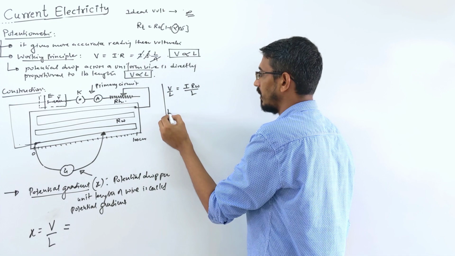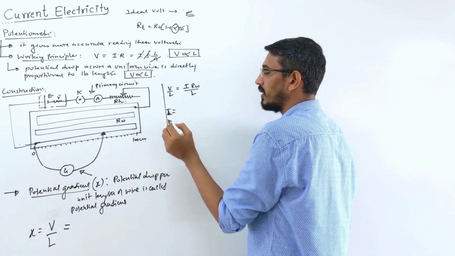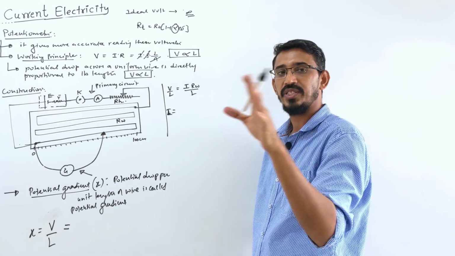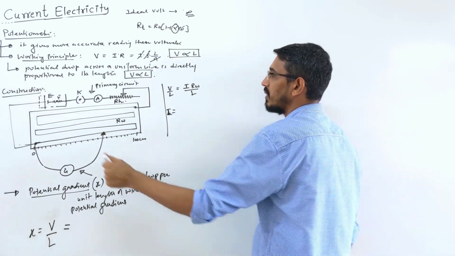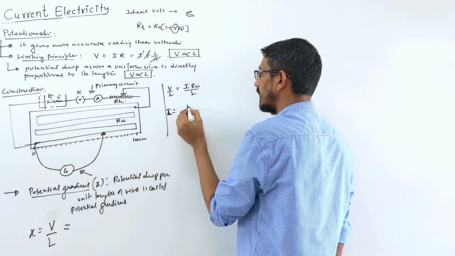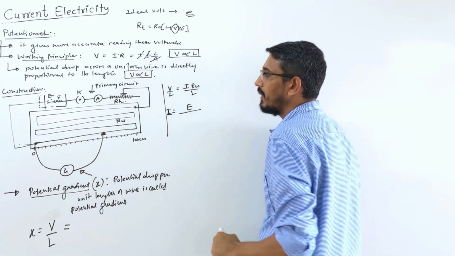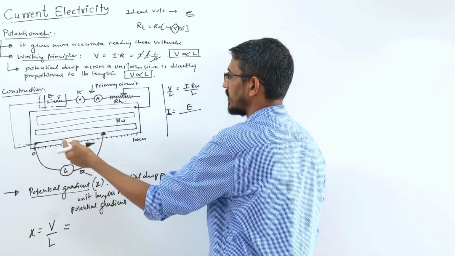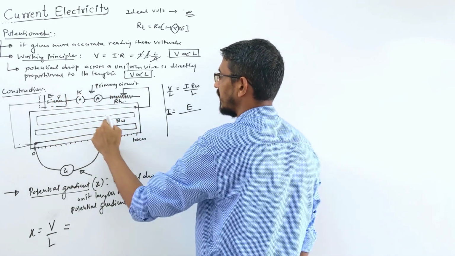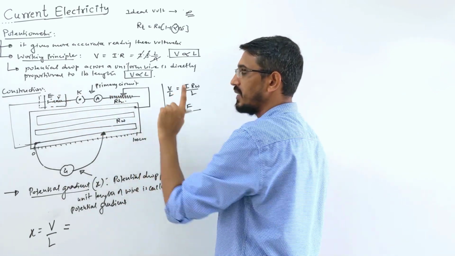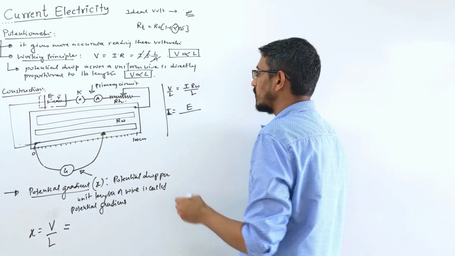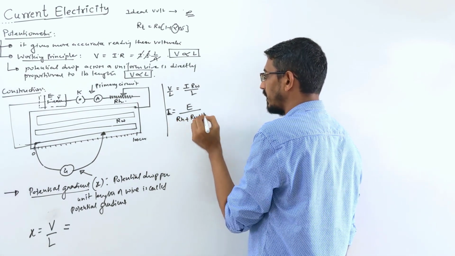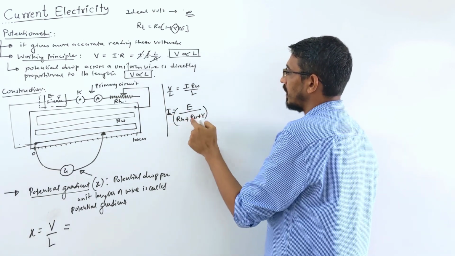Then again, what is the current? Give attention to the current. Current is net EMF supplied divided by net resistance of this circuit. What is the EMF supplied? We have a battery here, E. That's EMF E. Correct? And what is the net resistance of this circuit? Look here. What resistance do we have? RH, R, and resistance of the wire. All of them are connected in series, one loop. So net resistance is RH, the rheostat, resistance of the wire, and internal resistance. This is your current. This current I put here.